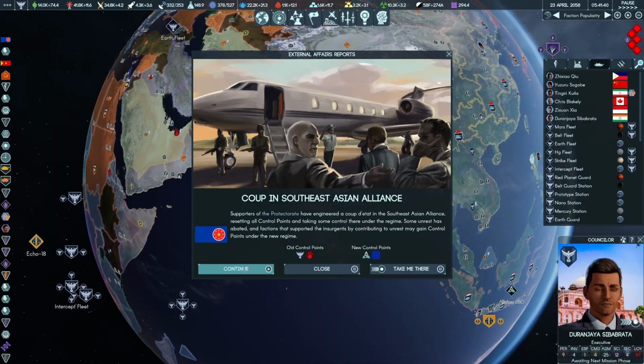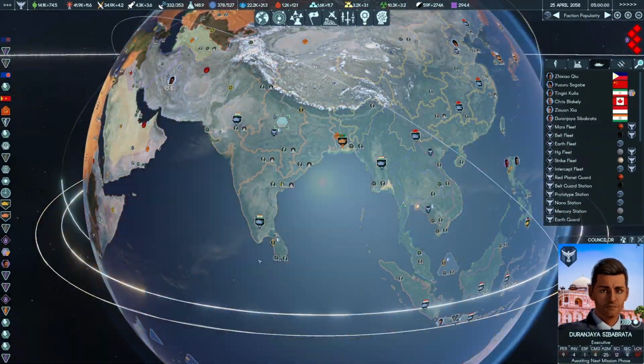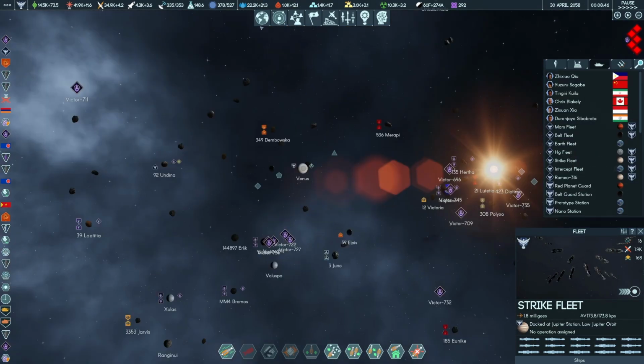That ship, we just lost our asset in the servants. Okay, Q and Southeast Asian Alliance. Not the end of the world, but we'll try and get it back. Okay, just doing a quick upgrade of the Arc class production, then in a few days I'll put another one in, and then that will be the last of Strike